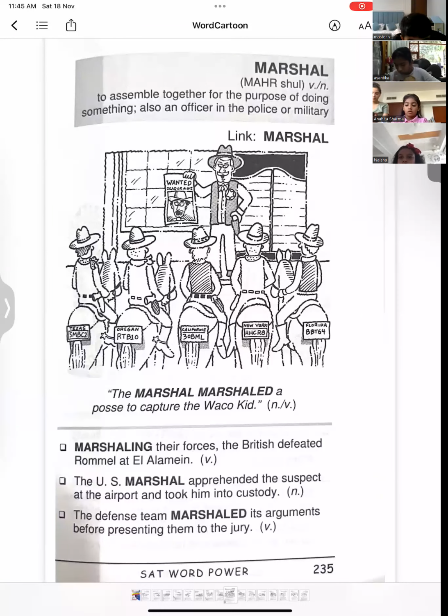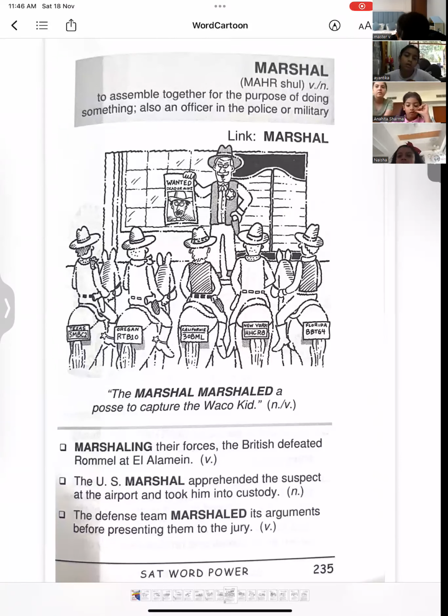Okay? Now, the next word is marshal. You know, marshal is actually a synonym for policeman. Okay. Now let's have a look at this word. First of all, the most important thing that you should be looking for when you come across a new word is which part of speech it is. And marshal is definitely a synonym for policeman. And we know that policeman would be a noun. So marshal is a noun.